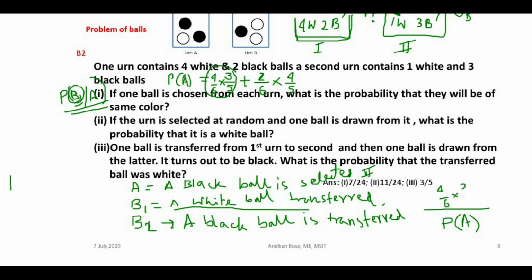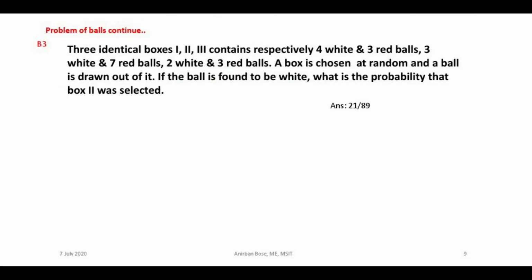Okay, so PA you can calculate from here, and this value is the contribution from the case if white ball is transferred. Okay, so in Bayes theorem the only thing that you have to remember is that find out the total probability of that occurrence, and in that summation which is the contribution corresponding to that event that you have to take in the numerator, and this ratio will give you the probability that which ball has been transferred here. Okay, so in this way the problems are solved. Let us take one more problem on Bayes theorem and try to understand the concept.